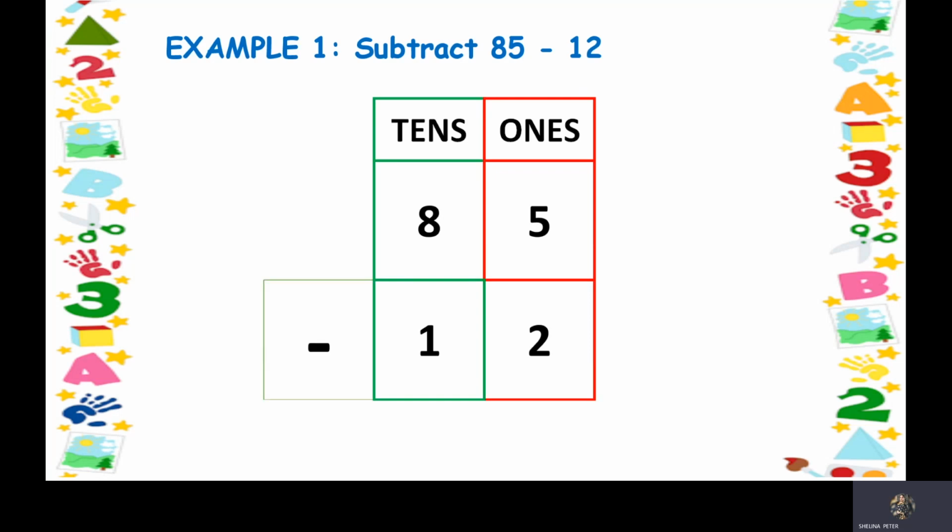And now we have to subtract numbers. Remember, we will subtract the number from ones place. So in the ones place, we have 5 and 2. So keep 5 in your mind, take out 2 fingers and count backward from 5. So are you ready? I hope you have taken out 2 fingers.